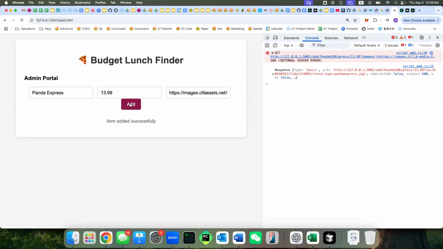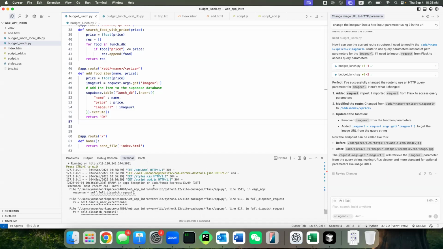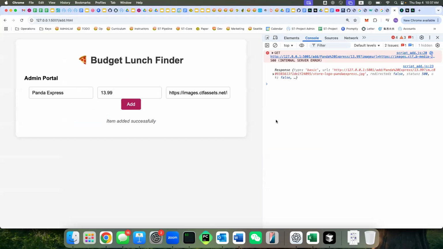All right, so something is wrong. If you see that internal server error, that means your server code has something wrong. You need to go back here to check the error. Okay, let's see what happens. So obviously it starts to call that function, and as you can see, could not find image URL column here. Oh yeah, so looks like we do need to define that